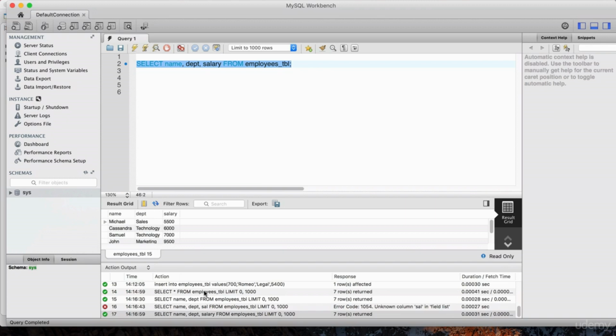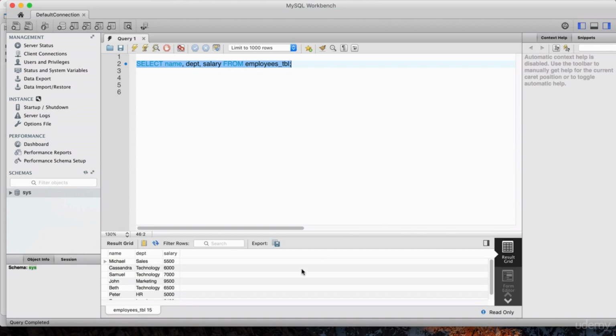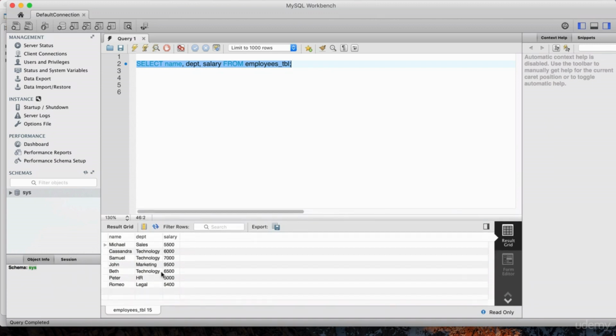Okay, and this logging thing popped up again. I'm just gonna press this blue button in the middle so that we can get rid of that logging and see the actual data. Now if I want to get those employees that have a salary greater than 6,000, the